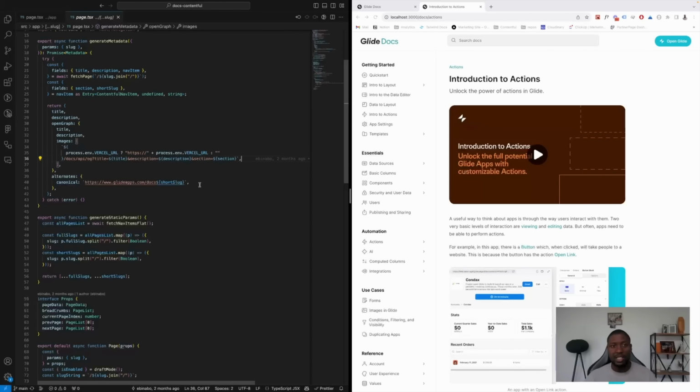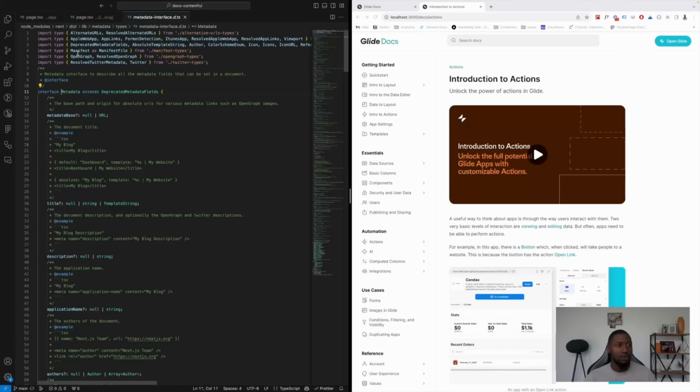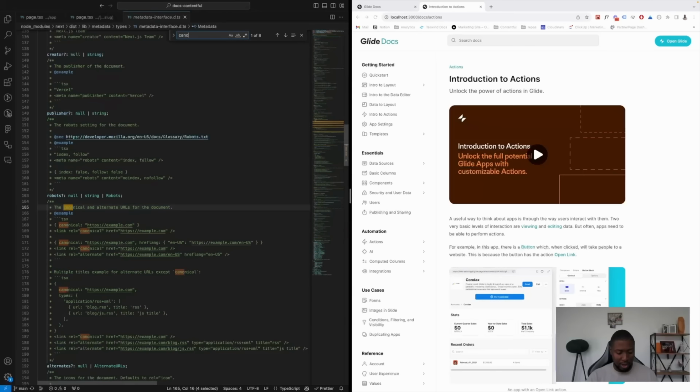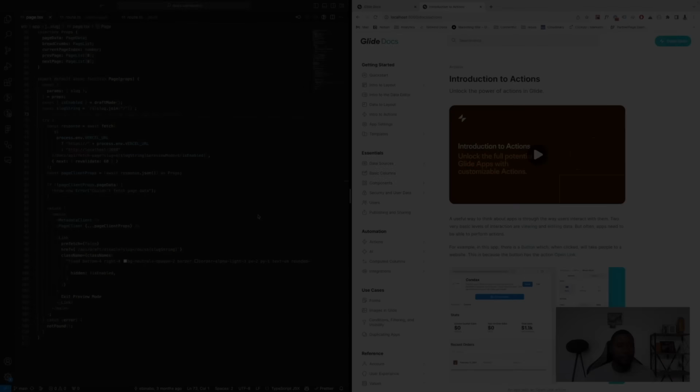So this is one advantage of having this strongly typed, is that you just pull up the fields for meta tags and you type them in. And if for some reason you can't find one that you're looking for, you can head to the type and actually read it. So that was how we found the canonical tag, for example, just a quick search, and you will be able to find where this goes. Great, so let's hop on to the next section.